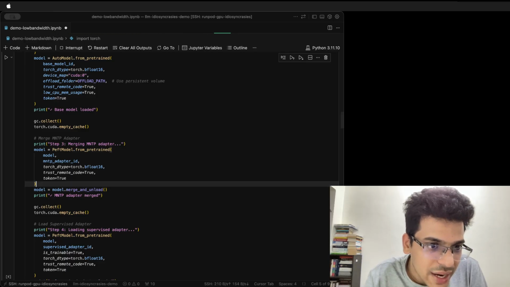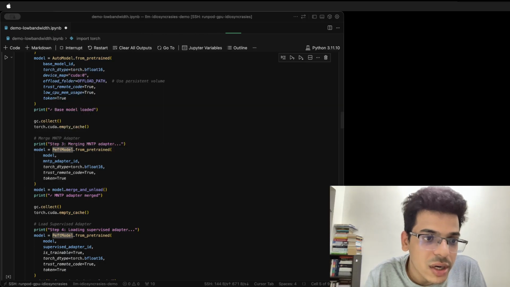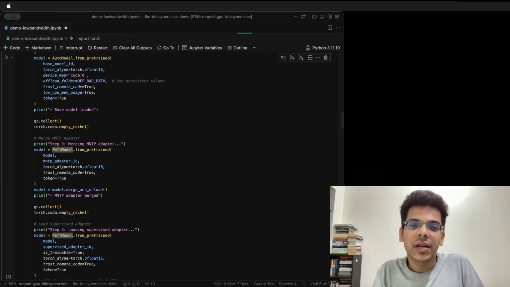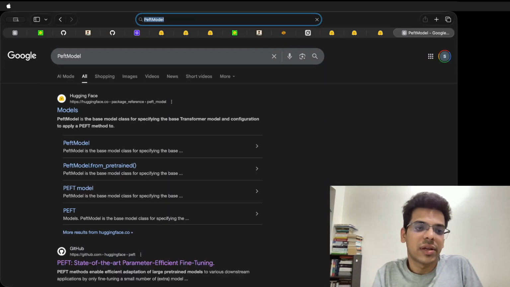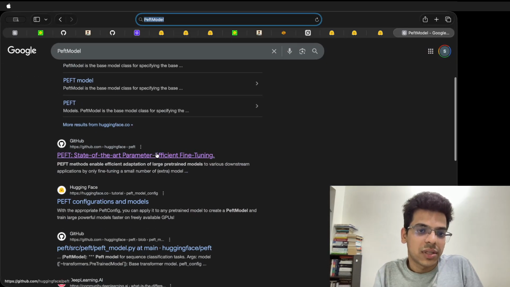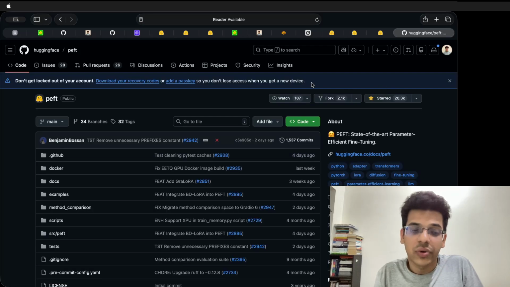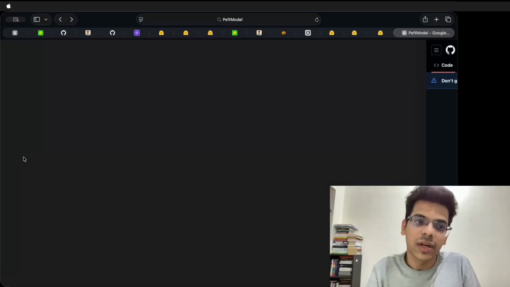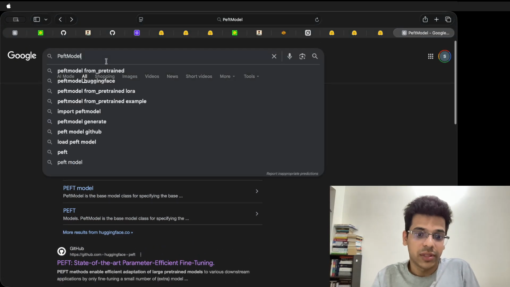Okay, so this adapter, if you notice, it is using the parameter efficient fine tuning model. What is the parameter efficient fine tuning model? For LoRA adaptation adapters, this is the library that the industry defaults to, the parameter efficient fine tuning model. It is very good. See, it has like 20,000 stars, which itself is a good indication of how useful and industry-wide this is used. What I'll do is I'll just show you the